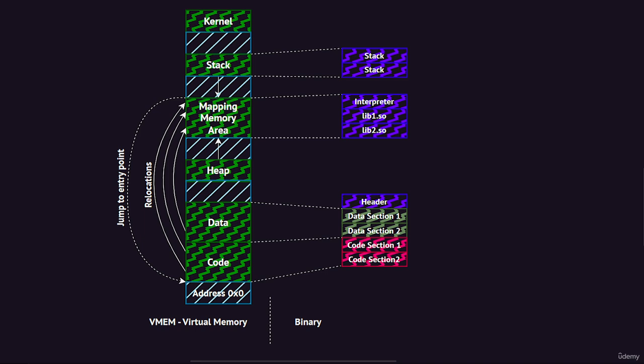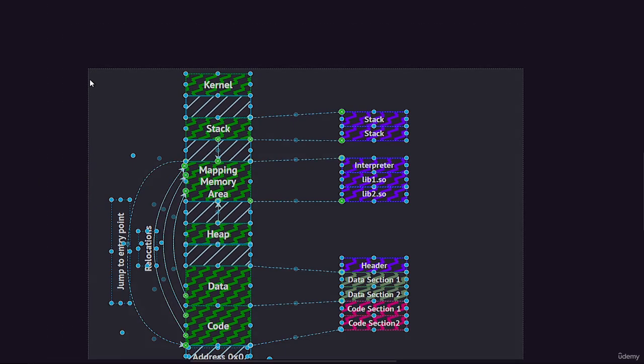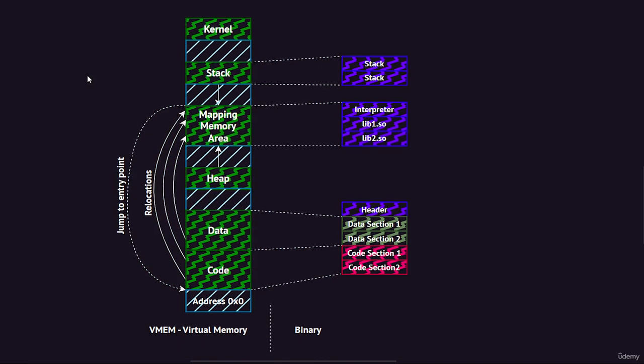While the precise details may vary depending on the platforms and binary format, the process of loading and executing a binary typically involves a series of fundamental steps. And here I draw a diagram. In this diagram, I'm providing a glimpse into how an ELF binary, such as the one we just compiled in the previous lecture, is represented in memory